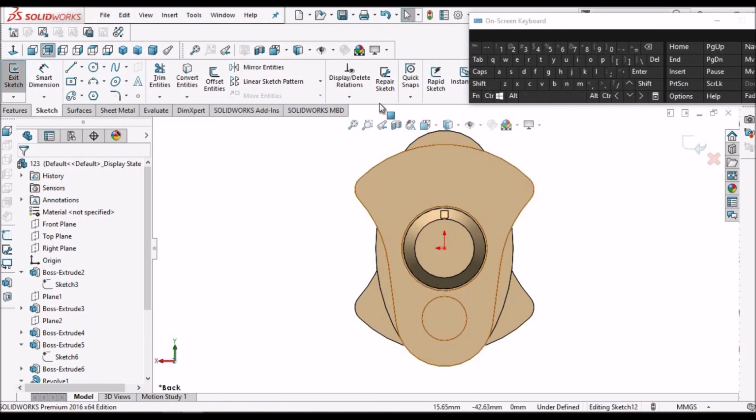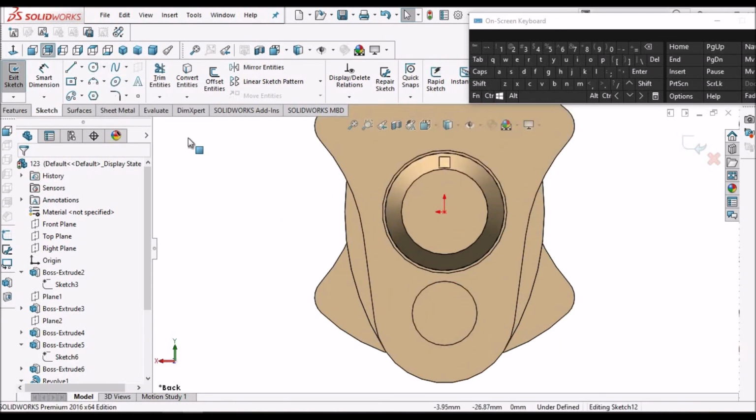Flip other side. Click this and convert entity.